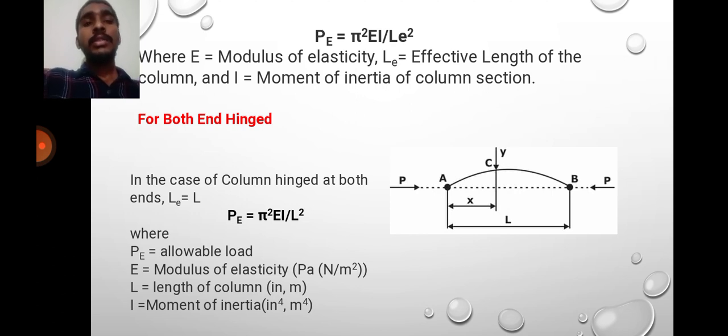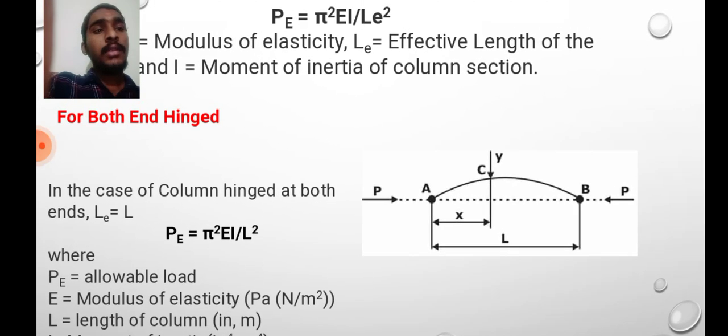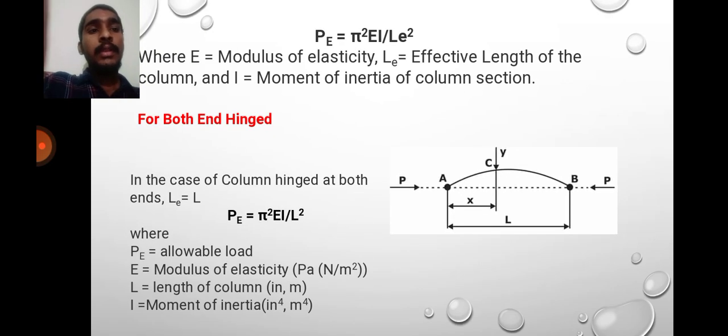For both ends hinged. In case of the column hinged at both ends, L_E is equal to L. This is the diagram we can see here. Both sides are hinged with a column. Then it gives a curved shape,